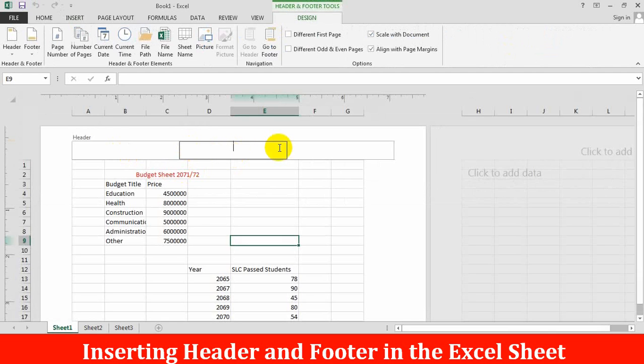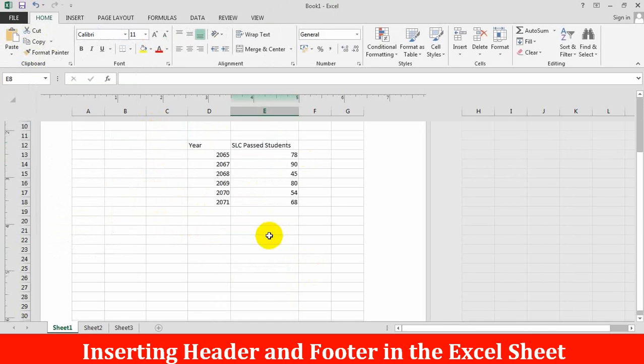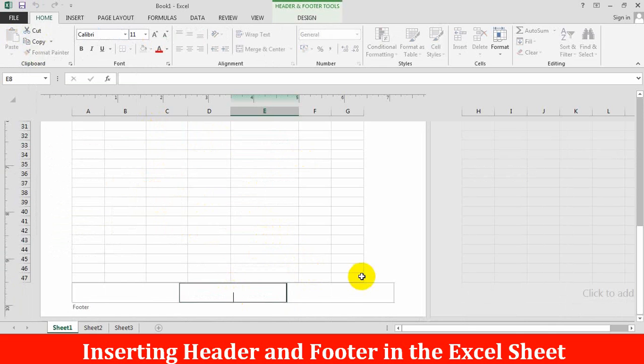For example, budget sheet or report. And when you click on footer, you can directly get inside the footer, or you can just scroll down and here you can click on the footer box. Here you can type, like, printed at Kathmandu.